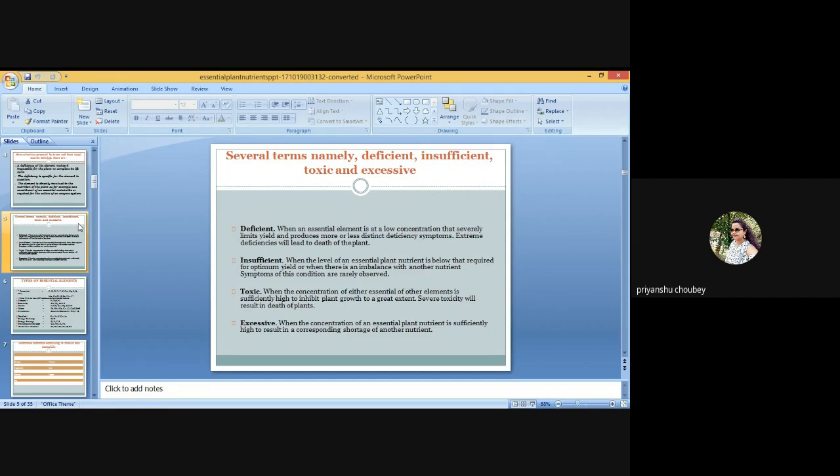This also gives a clue as to which elements are in the race of getting defined as essential. For example, cobalt is the only element missing on the essential nutrient list from the